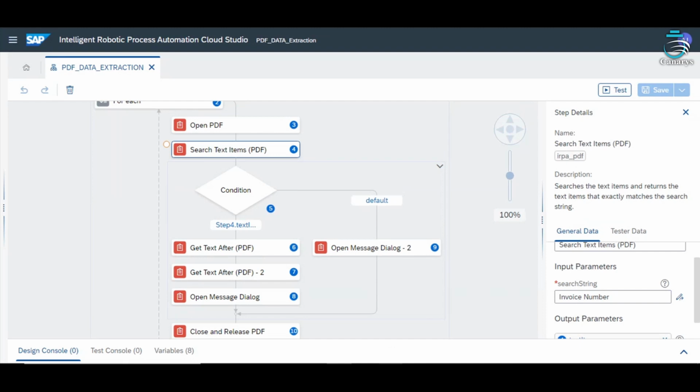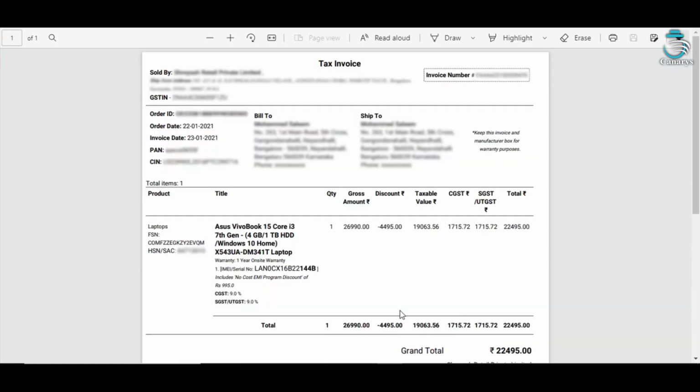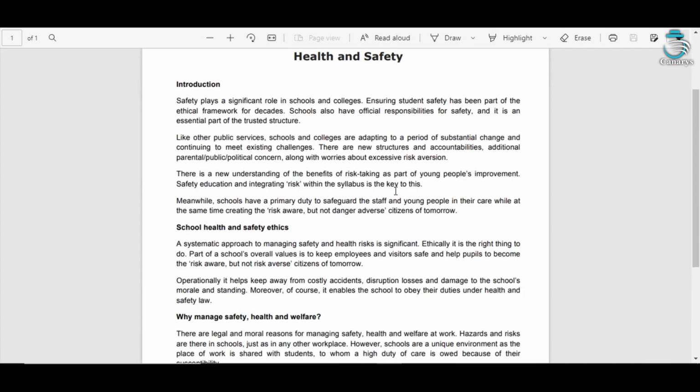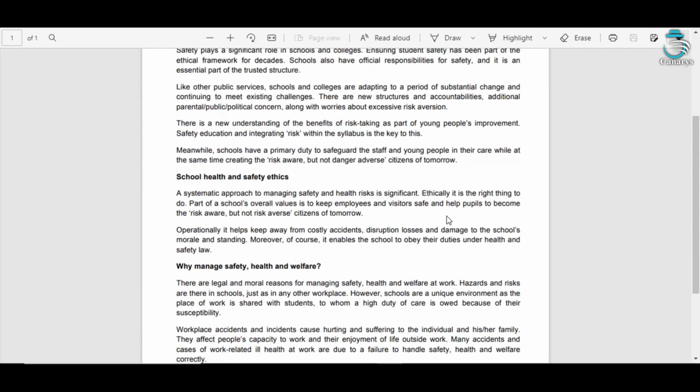So I will show you the PDF. Here in the invoice I have invoice number. So this is my key for search string. In the other PDF I do not have any invoice number, so it will discard this PDF.